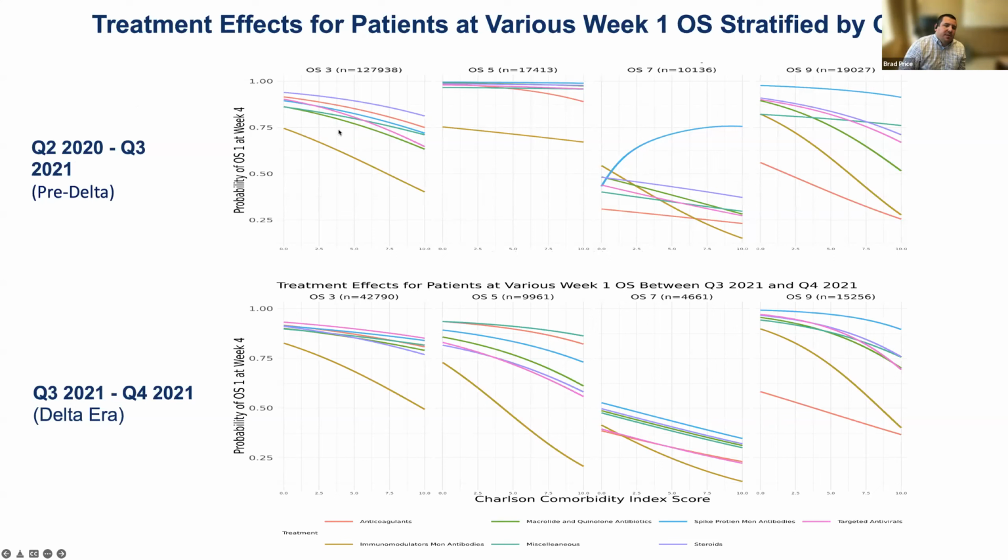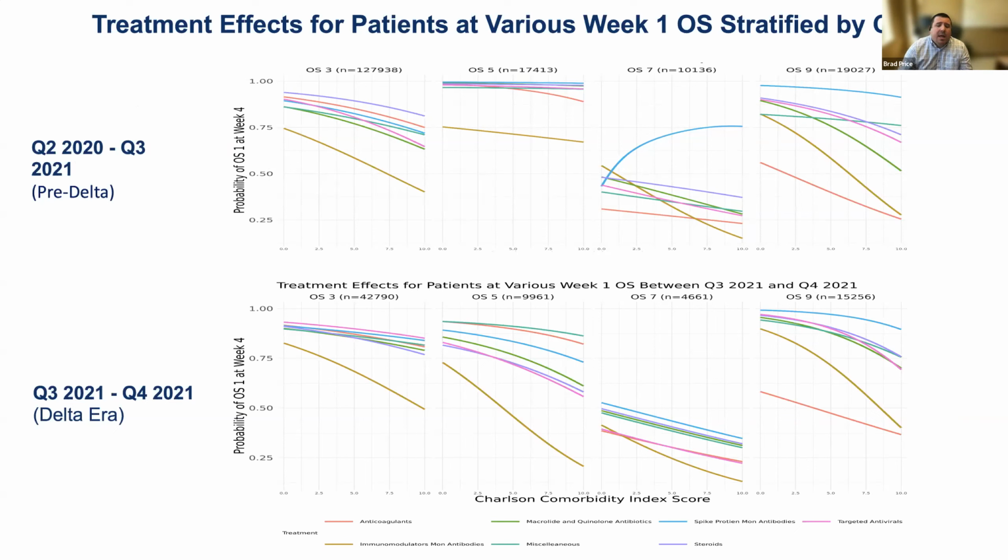Each of the columns: this first column assumes your week 1 was OS3. Second column, OS5 at week 1. Third column, OS7 at week 1. Column 4 is OS9 at week 1. In each panel, the y-axis corresponds to the probability of OS1, so an outpatient outcome at the end of a